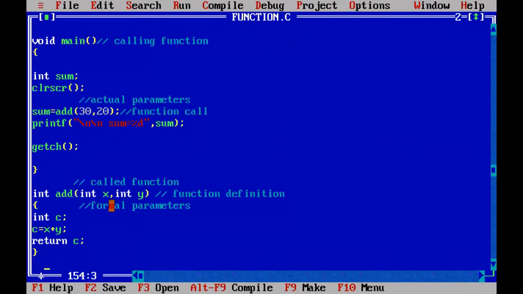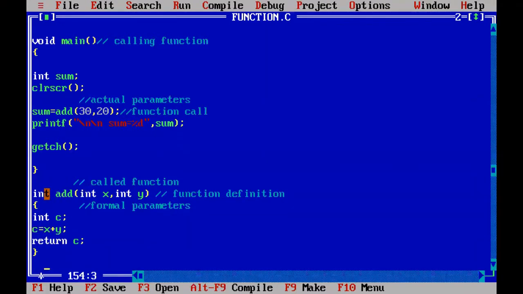As the function is enabled with arguments, we can pass the arguments from calling function to called function. After execution of the called function, it will calculate x plus y. That means 30 and 20, 50 is assigned to c. Now, this function is also enabled with return type.